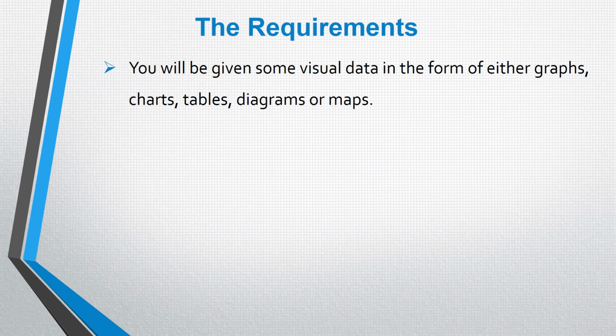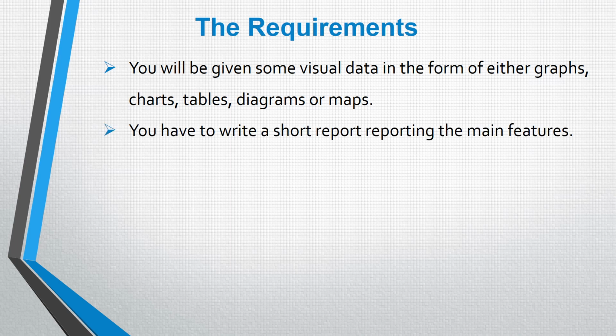So here are the requirements that you need to fulfill in order to complete this task successfully. First of all, you will be given some visual data in the form of either graphs, charts, tables, diagrams, or maps. In some cases, you may have 2 or more of these. You will then have to write a short report summarizing the main features of the visual data that you've been given. You will need to write 150 words or more, and you will allow yourself 20 minutes to complete this